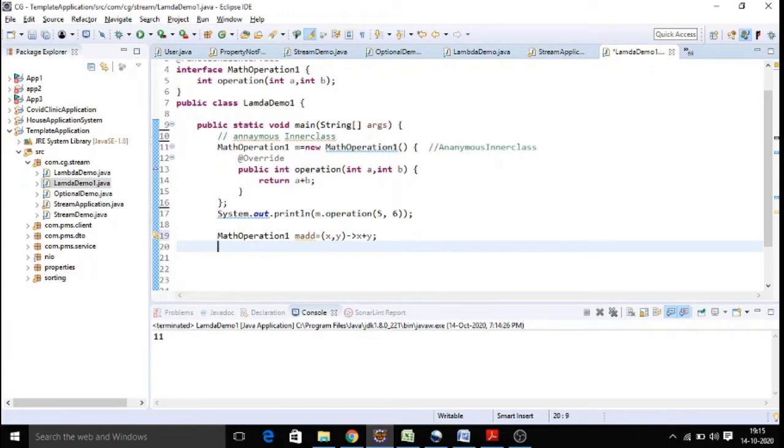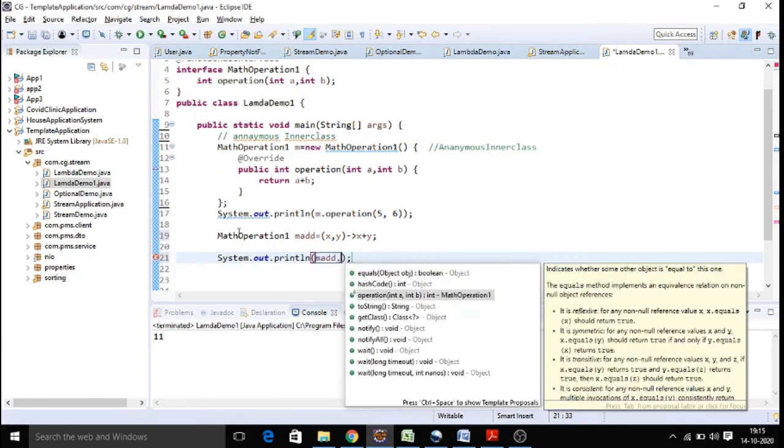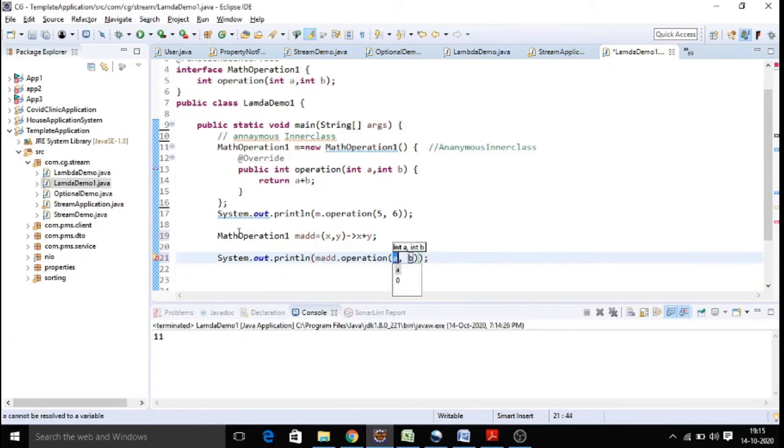Now when you want to access this, simply take the reference of madd, call the function of your functional interface, and pass the inputs. Whatever values you want to pass, you pass them here and get the result. Here I am going to pass the inputs 9, 8. Any input you can give.